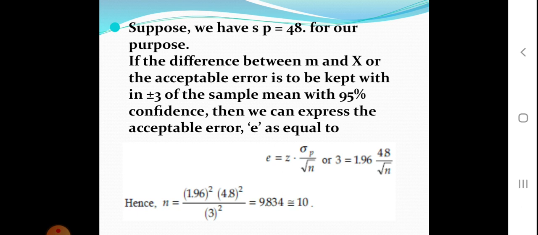For our purpose here, if the difference between the universe population mean m, it is also called the population mean, and the sample mean, that is x bar, or the acceptable error is to be kept within plus or minus 3 of the sample mean with 95% confidence, then we can express the acceptable error, that is E, as equal to